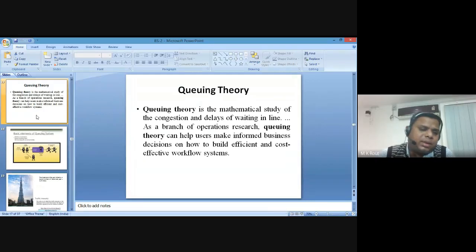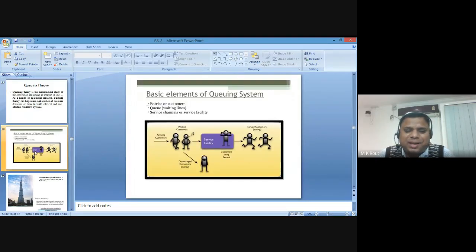As far as this particular slide is concerned, you have already noted these discouraged customers. That means if you don't have any kind of activities, for example in case of cash deposit, or some are not surfing inside the bank, that's why they are discouraged customers. They are considered to be discouraged. Suppose you visited but did not avail service, these people are not considered in the system. As I told, the customers, the waiting line and the service channel, these three things are considered.